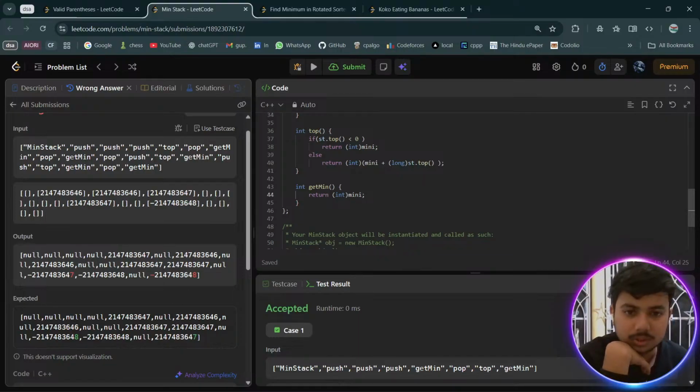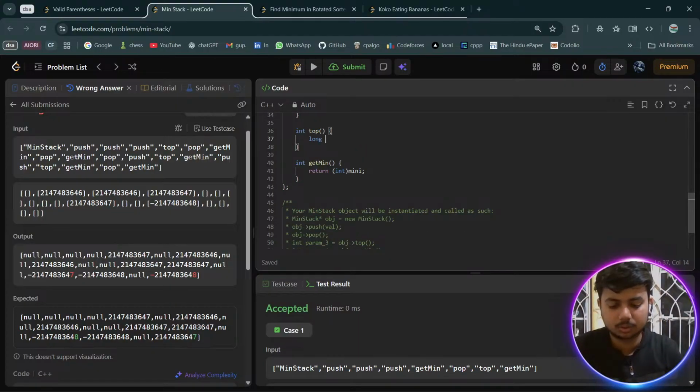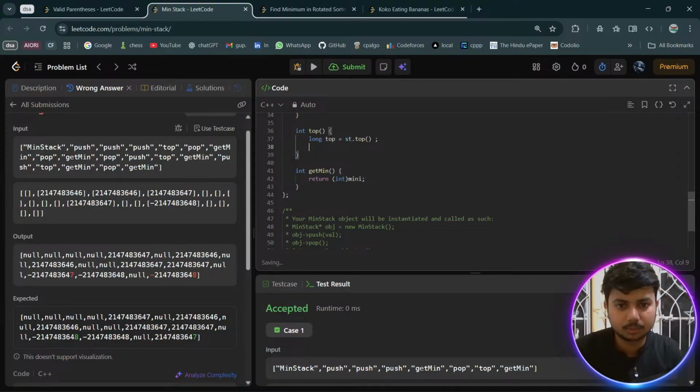If it is greater than 0, then it should be fine. Or we can write it this way. Let's take long top first instead of top. What did we say? If top is greater than 0, then you return top plus mini, or else return